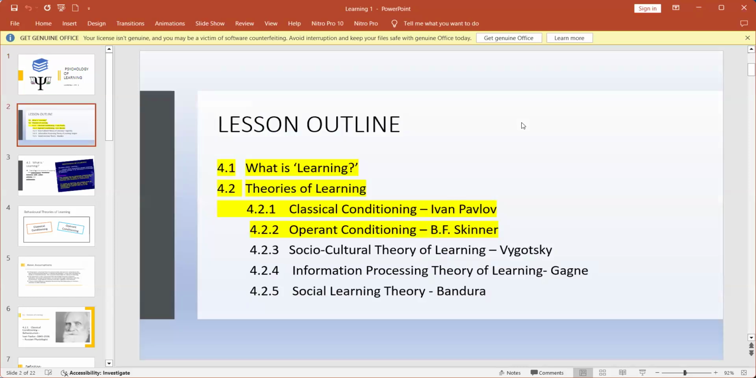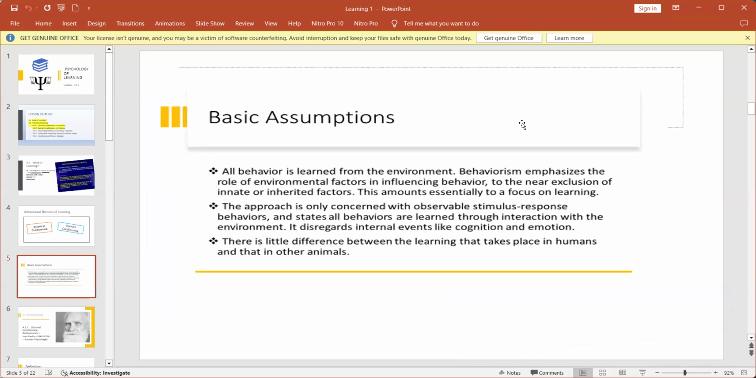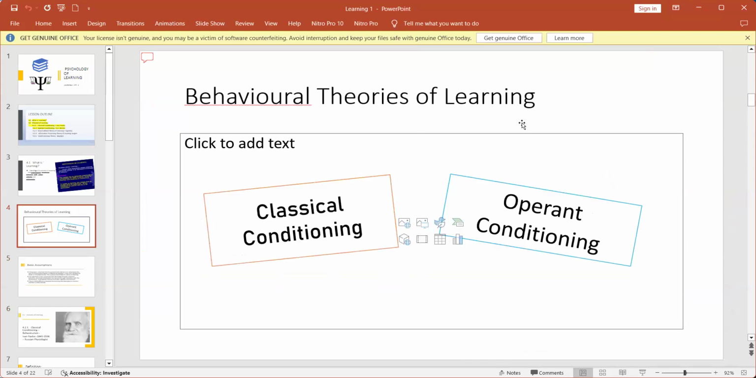by looking at how many knots, four knots, right? What is learning and how many knots? Four knots, to understand what learning is all about. And then we looked at behavioral theories of learning. So what are the two behavioral theories of learning we have to discuss? Classical conditioning,